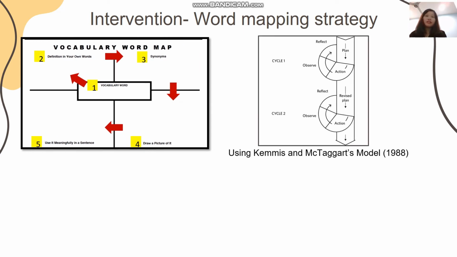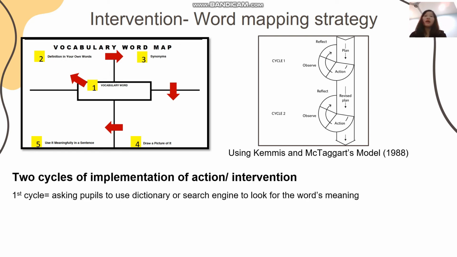So for this research, I adhere to Kemmis and McTaggart's model, 1988, and it contains 2 cycles. For this intervention, I focus on step 2, where in the 2 cycles, it will be implemented in different ways. In the first cycle, I'll ask the pupils to use a dictionary or Google search engine to look for the meaning